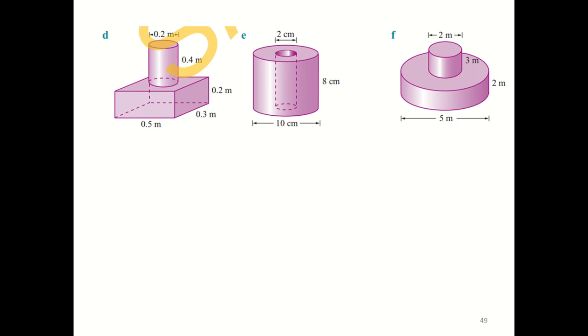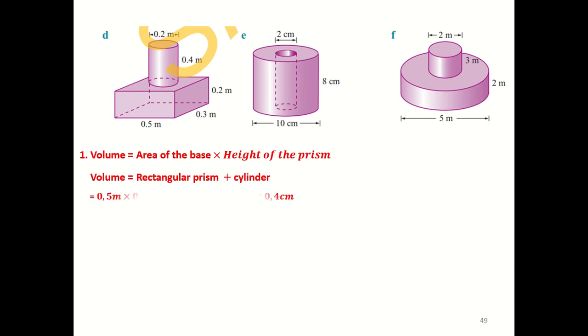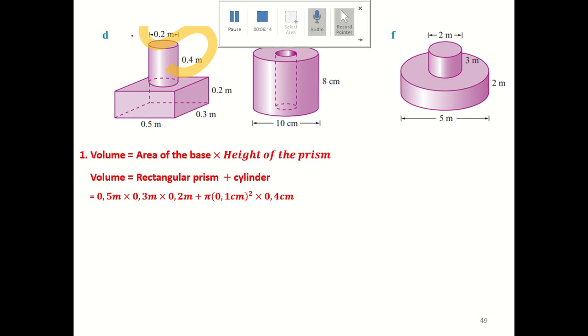Let's get to these ones here. You simply do the same thing with D. With D, I will simply do the same thing, which is finding the volume of the rectangular prism and add it with the volume of the cylinder. It'll be 0.5 times 0.3 multiplied by the height of the prism. And for the volume of the cylinder, I will simply take